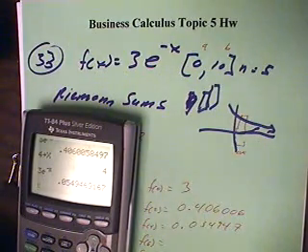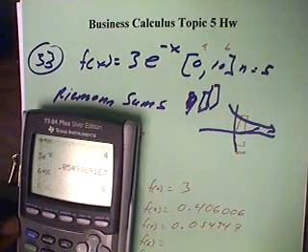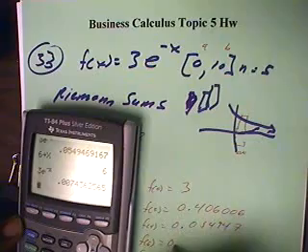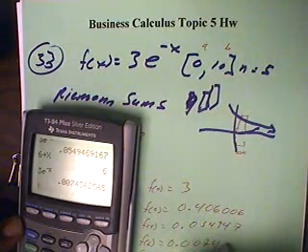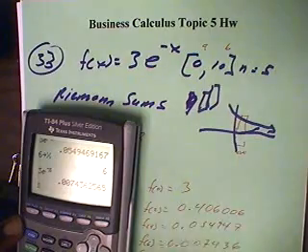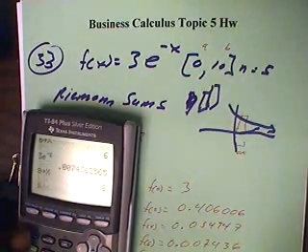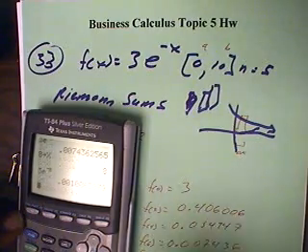Now let's make x 6. So 6 store into x, bring up my equation once again, and we now have 0.00736. And lastly, we're going to put in 8, store x, and bring up our equation,